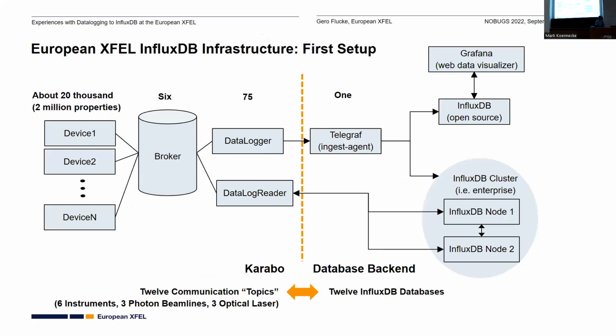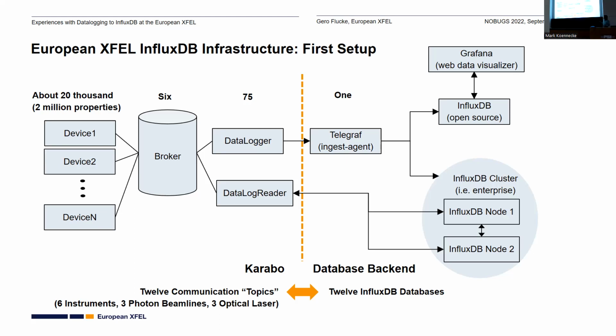So that is now the setup as we started with. The Karabo side on the left, communication around the broker, where we have in fact 6 brokers for over 12 communication topics. Roughly 20,000 devices all around, distributed among all these communication topics, with together about 2 million properties. And in fact, 75 of these devices are the data logger devices, which send the data to an ingest agent